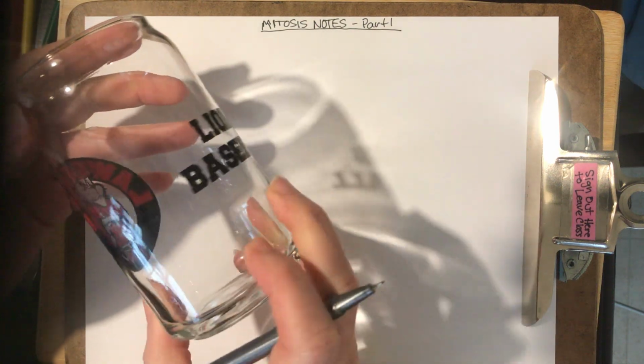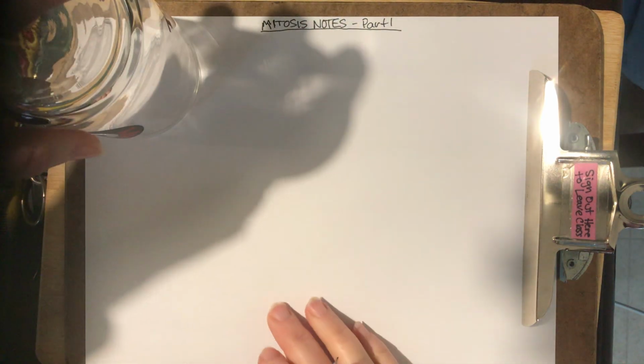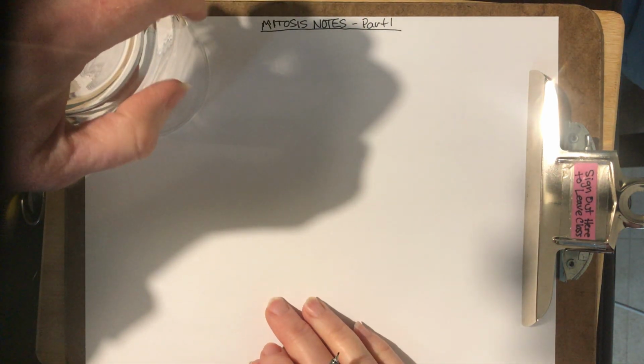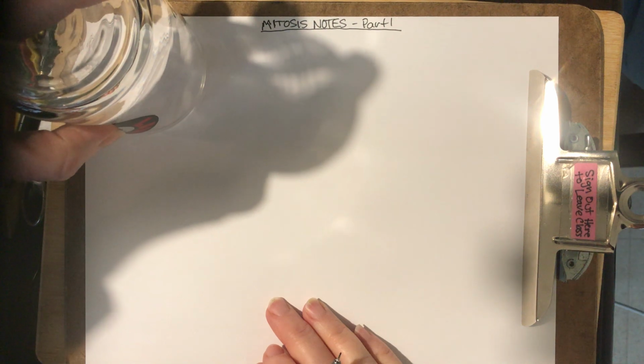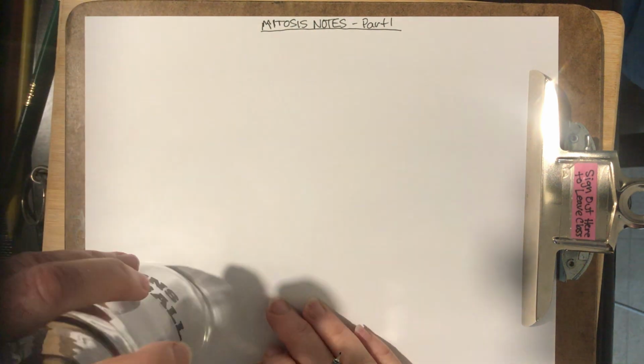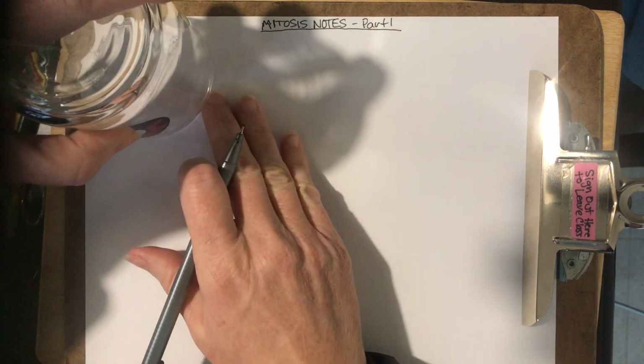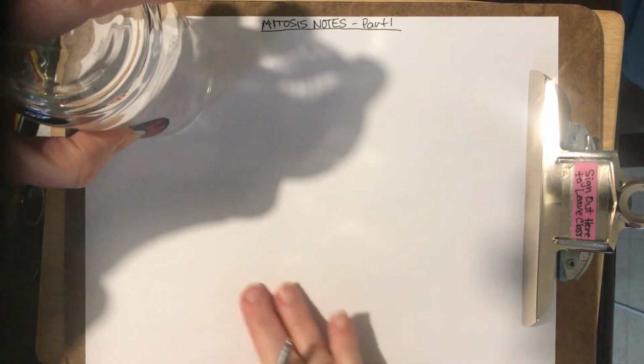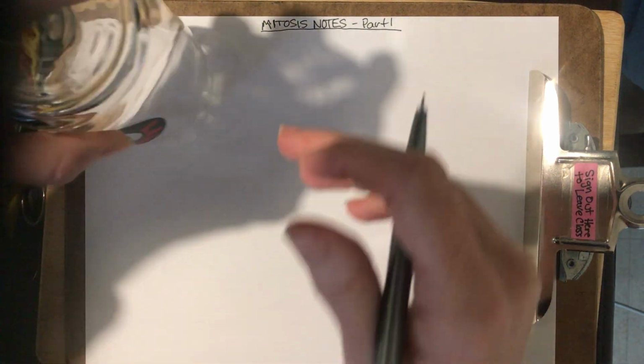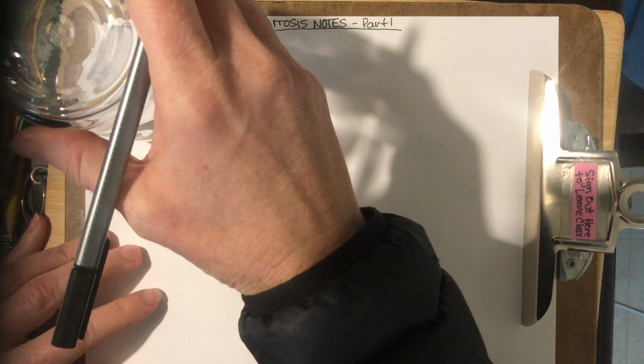You can freehand it if you want, but yay, go Lions baseball. And just make sure that since we're going to draw 3 on this page, I can fit 3 right along here. So I'm going to draw the animal cells over here. I'm going to write notes about each stage over here. So I'm going to start pretty high